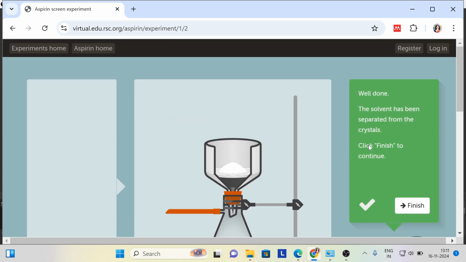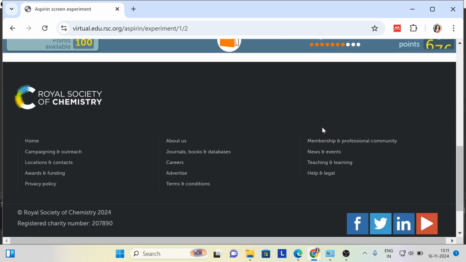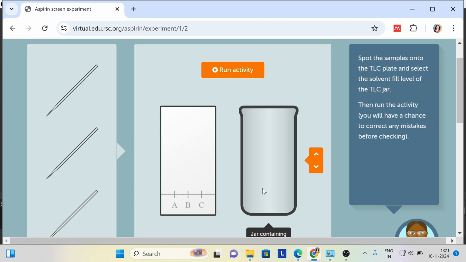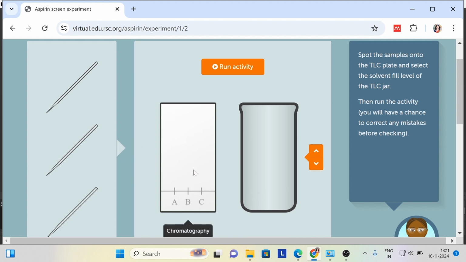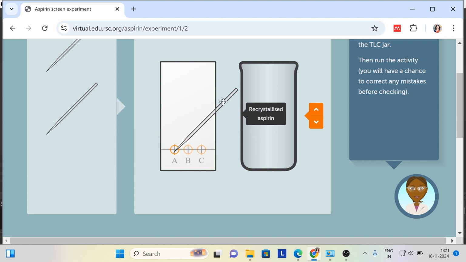Let us quickly click on check and then finish. In order to go to the next activity, you have to click next activity again. Now here you have to perform the TLC experiment, which is thin layer chromatography, in order to compare all the three stages. Now what happens here is on the chromatographic plate you have to take your sample and put a dot